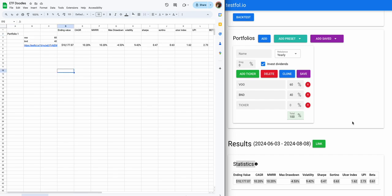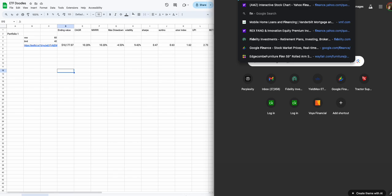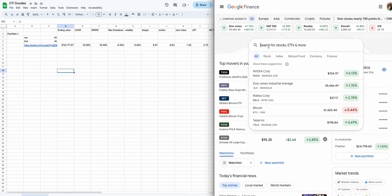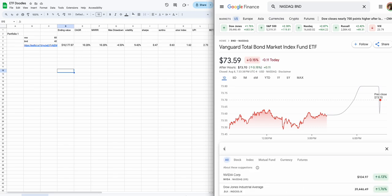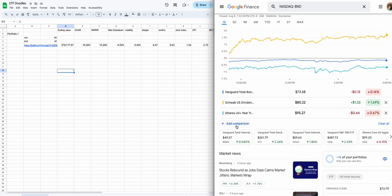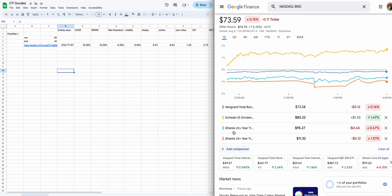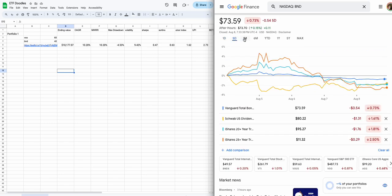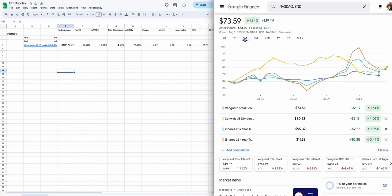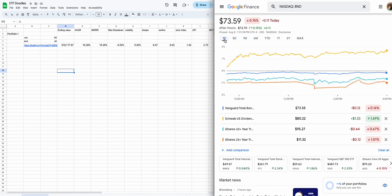So, I like using testful.io to backtest because, like, let's go to finance.google.com, and there's a lot of different options that you could use, like bonds. You can compare that to a CHD, and then TLT. And then there's like Gubs. There's so many of them, and when you're trying to evaluate value ETFs, a size chart like this doesn't really give me the insight that I need for it. It's rather confusing because in some instances it's better than other instances. So, Testful,